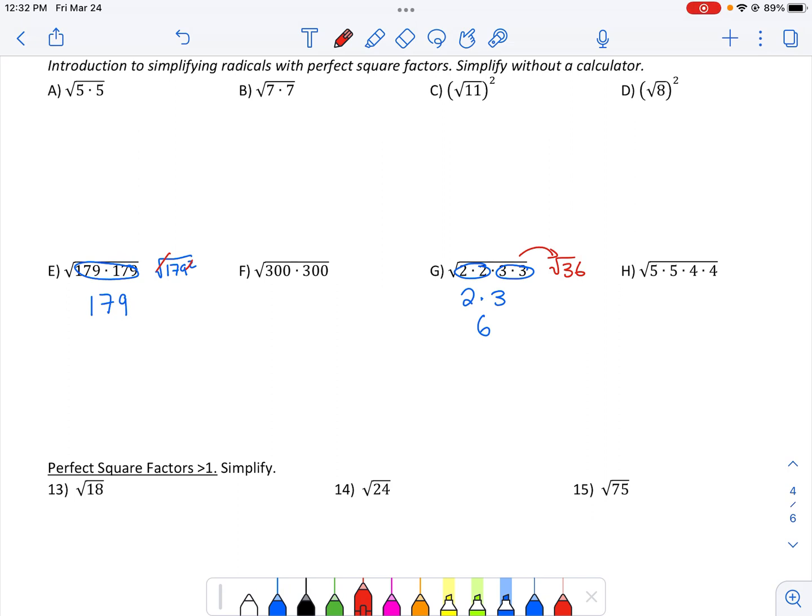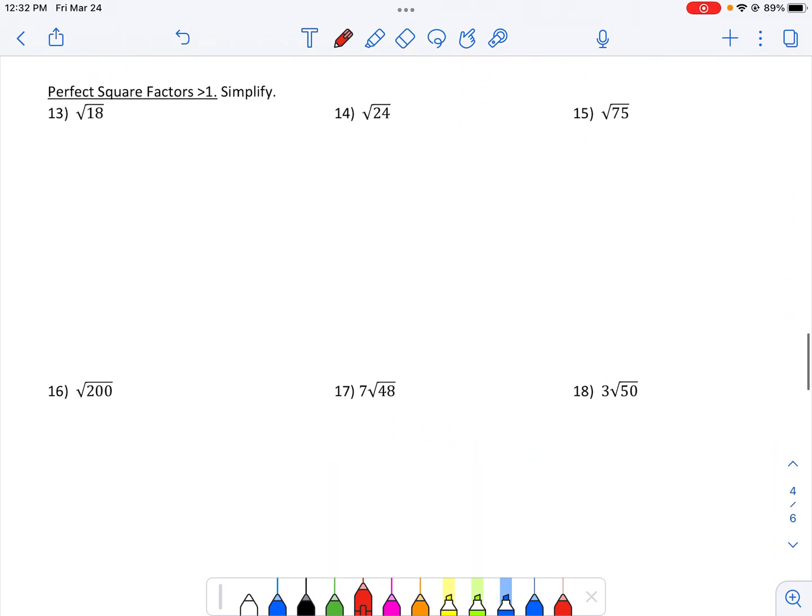So now let's really get into it. Let's simplify square roots and some cube roots eventually, where our radicand is not a perfect square. So the most efficient way to do this is to have your list next to you or have those perfect squares memorized and think about how we could break our radicand into the largest perfect square factor and all remaining factors. So my factors of 18 I could list to the side. We'd have 1 with 18, we'd have 2 with 9, we'd have 3 with 6,